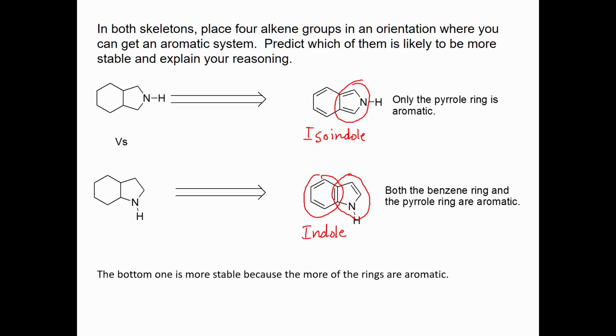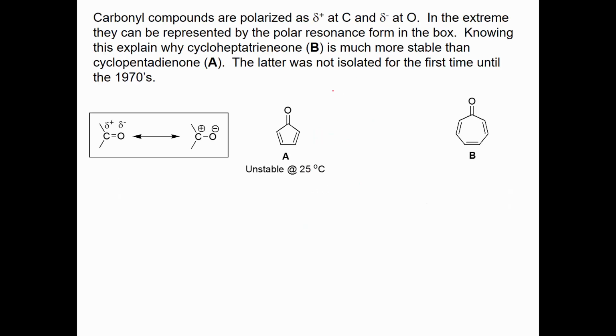All right. Here's another interesting problem. Compound B is a very stable compound. Compound A, called cyclopentadienone, however, was not isolated for the first time until the 1970s and found to be a very unstable compound. All right, so we're going to try to explain that. And we're going to have to look ahead here about something,